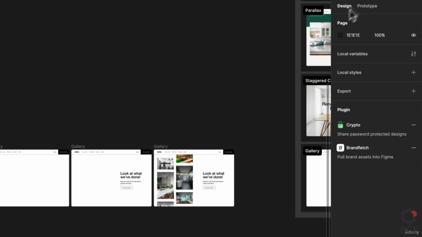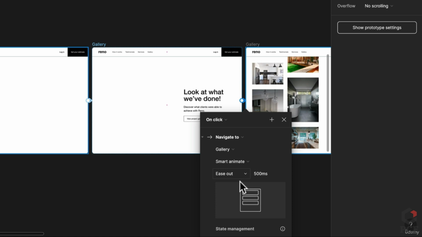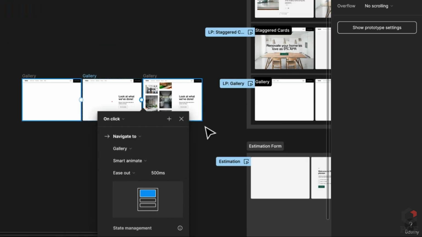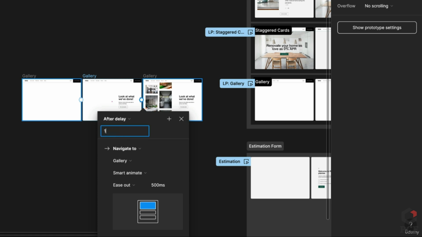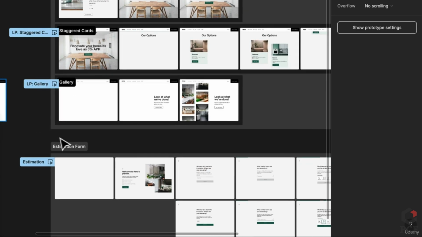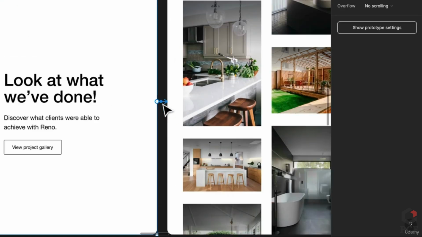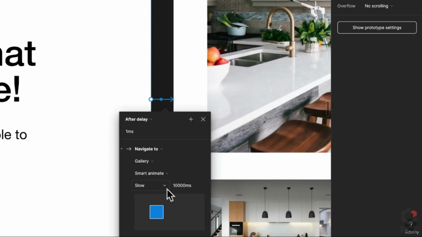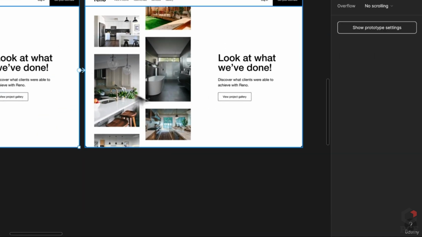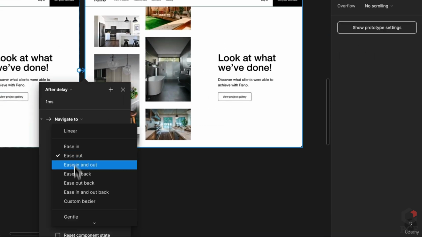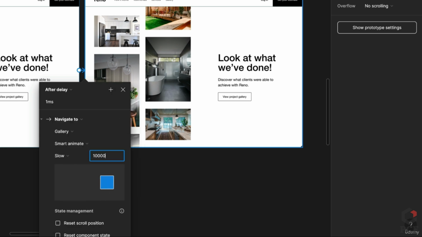And at this point, we're going to have a nice long animation. And I think I did the max on this, to be honest. I think I did like 10,000 milliseconds. Yeah. So slow and 10,000. Nice little animation. Well, it's not quite little, but it's a long one. So slow at 10,000